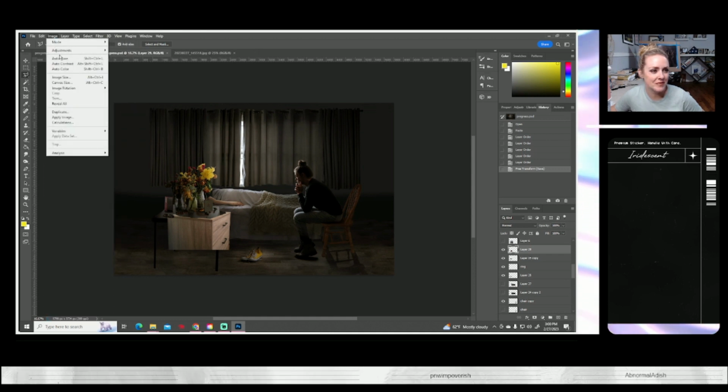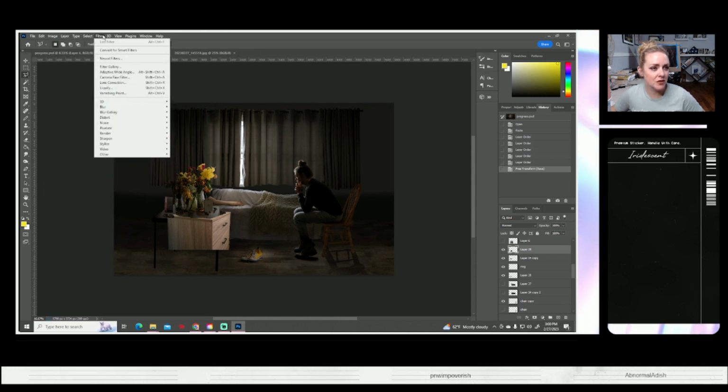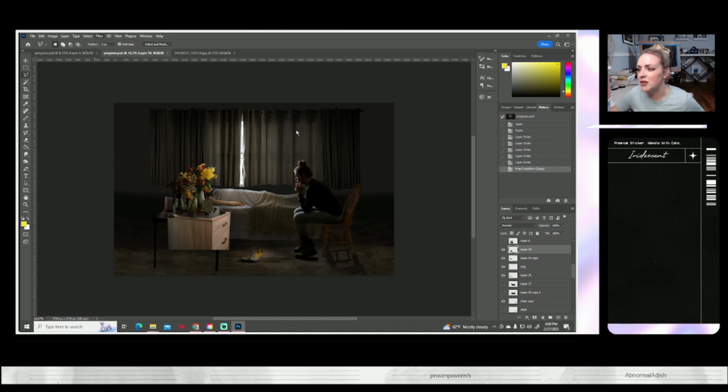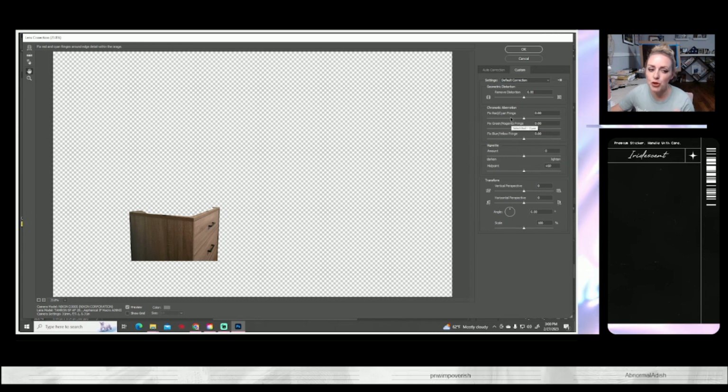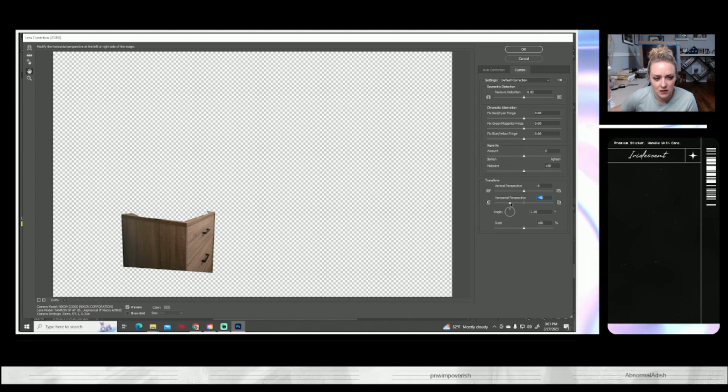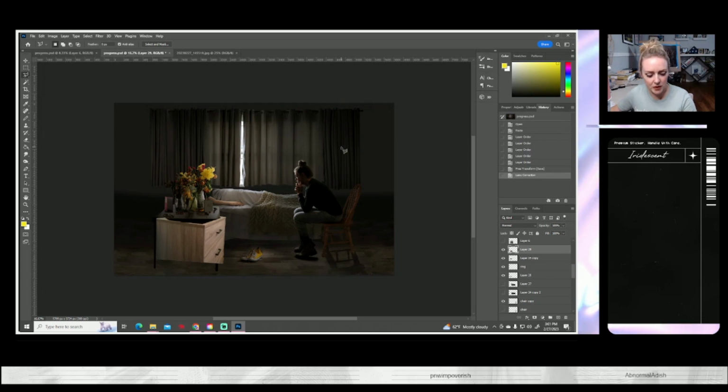And I'm going to play around with the perspective a little bit. I just need the texture. This isn't going to be a valuable piece of information in this composite. This is going to be real subtle. So let's see, what do I want to do? No. There we go. I just want to warp a little bit